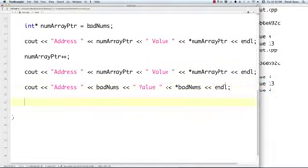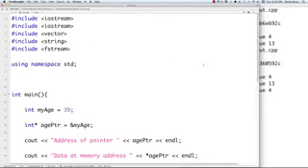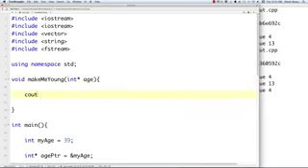Now, like I said previously, whenever we pass a variable to a function, you're passing by value. However, whenever you pass a pointer to a function, you're actually passing a reference that can be changed. So let's jump up here and let's create a function to demonstrate exactly how this works. This isn't going to return anything, so I'm going to put a void inside of there, and I'm going to say make me young. And this is going to receive a pointer. So I'm going to put int with a star after it, and then age like that, and then let's pop out here on the